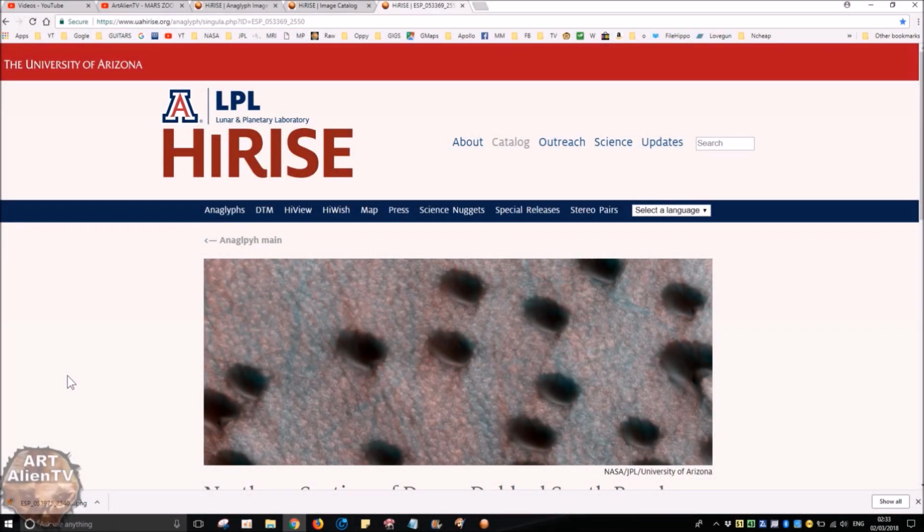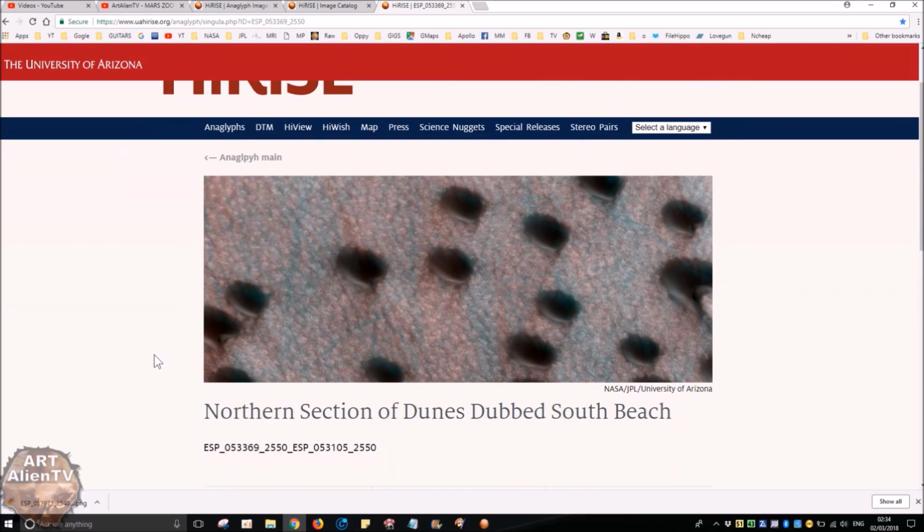Another very quick game of interplanetary I Spy going on here today. And today we're looking at some high-rise images taken by the Mars Reconnaissance Orbiter of what are called dune fields, and this one in particular is called South Beach. There will be a link to this and all the other images below, so you can click on them and